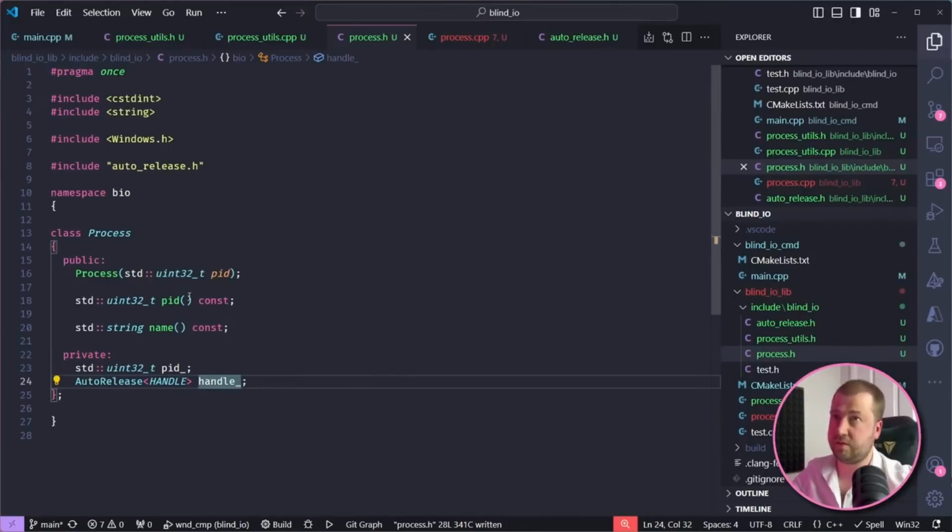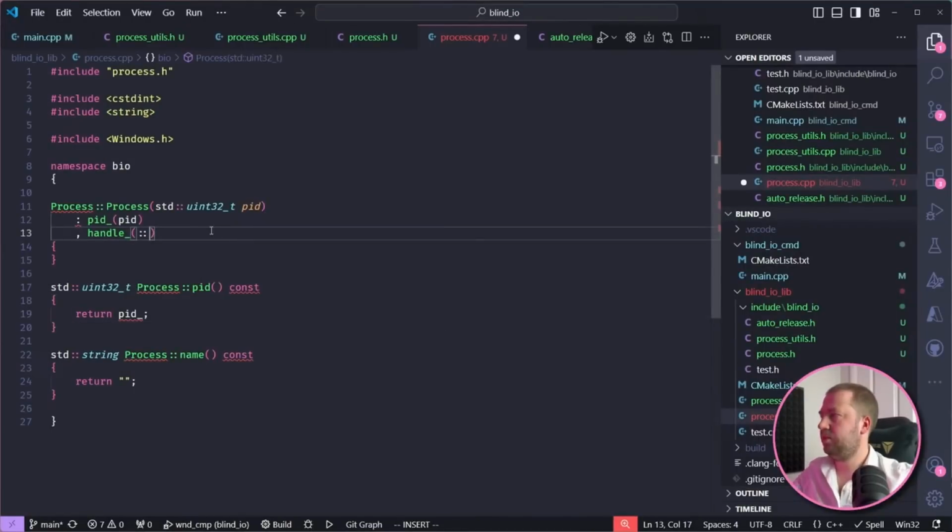When this class goes out of scope, it will call the destructor on all of its members, which will call the destructor on auto release, which will cause that to go away. And this will also effectively make this process non-copyable. So call open process,